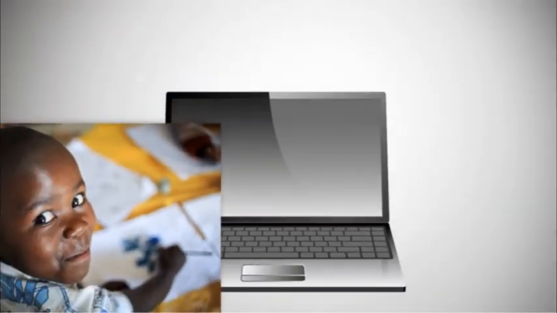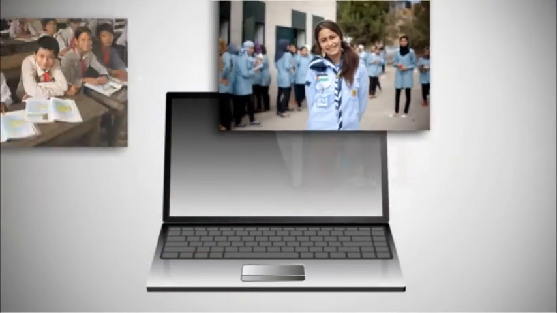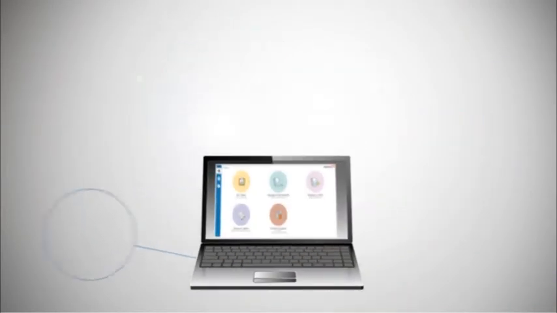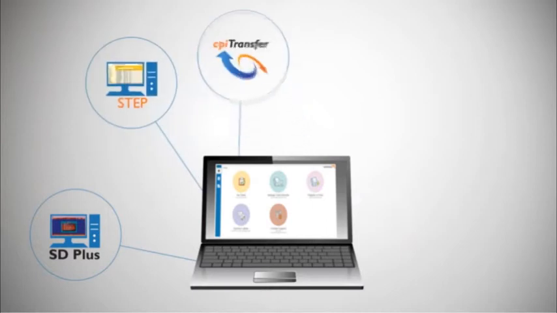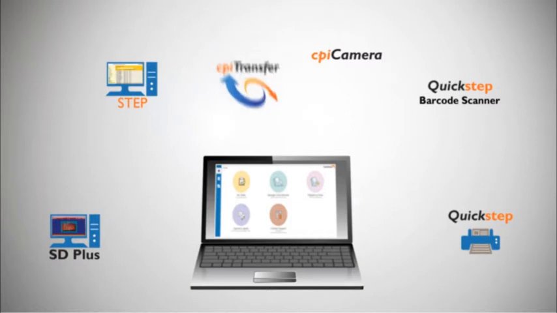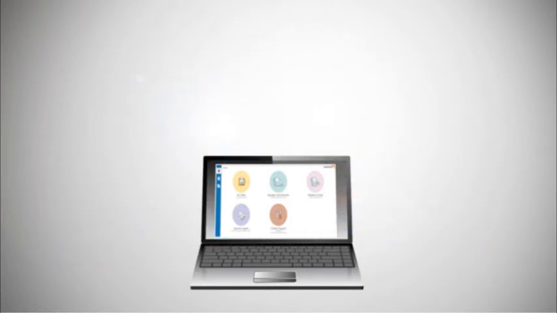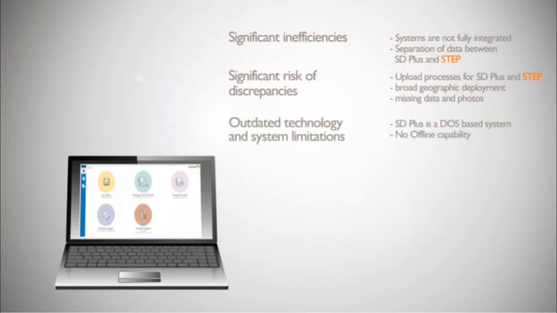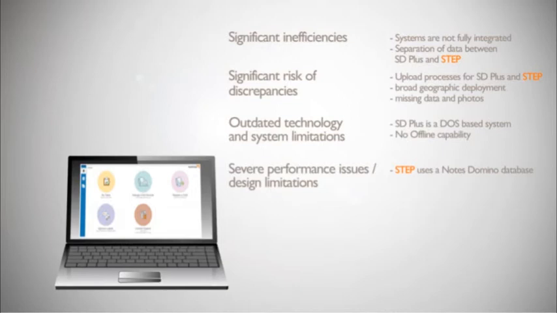Currently, World Vision staff use multiple systems to manage the day-to-day operations of sponsorship. Having multiple applications is inefficient based on today's technology standards and has led to duplication of effort. Over the years, several pain points have emerged. These are significant inefficiencies, significant risk of discrepancies, outdated technology and system limitations, severe performance issues or design limitations, and